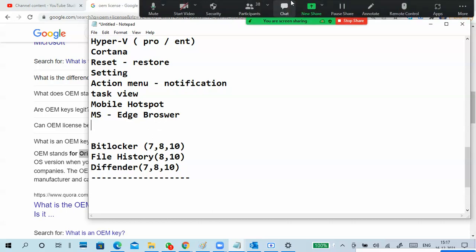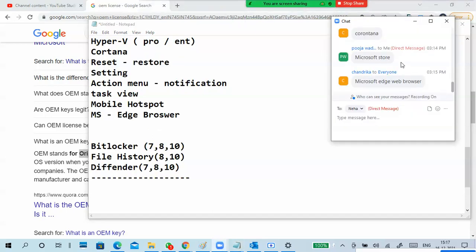One more that is also a good one: Microsoft Store. You can install applications from Microsoft Store directly. So these are the main things.